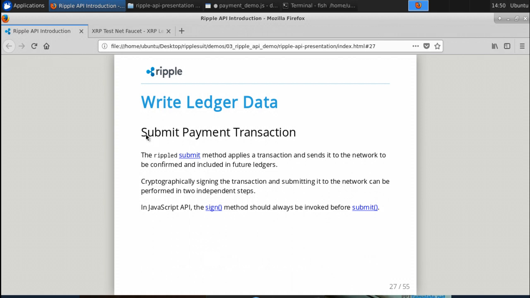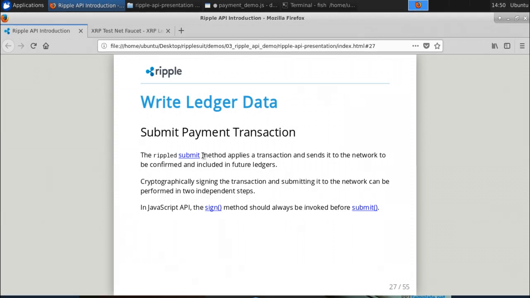First we need to create the payload for the payment transaction, and then we need to submit that transaction using the submit method. Before we submit the transaction, we need to sign it, and this is where your master key or your regular key will come into the picture.